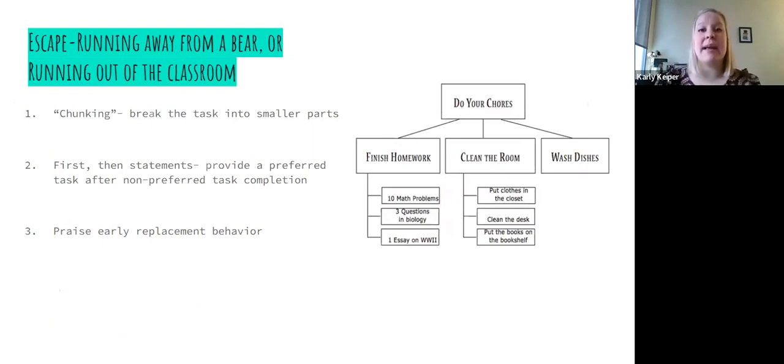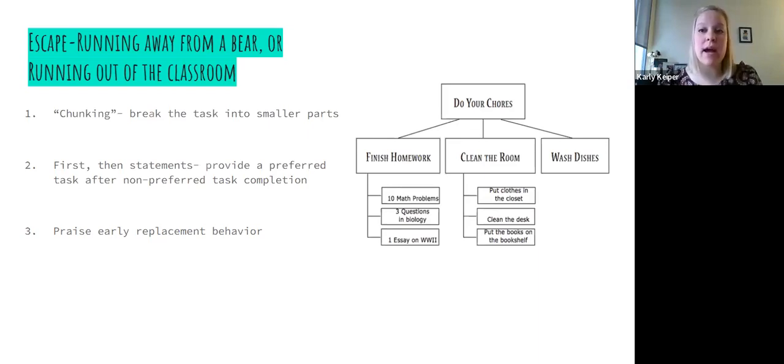But our children who might perceive things in that fight or flight, or have the low threshold, is how I would like to refer to it, for things that are challenging, maybe their first thought is, oh, I need to escape. I can't handle this. This is too hard. In order to address that function, right, they're trying to tell you, I can't do this. I need to leave. We can chunk our task into smaller parts, right? We can hear them. Okay, this feels big. This feels scary. Let's break it into smaller parts.